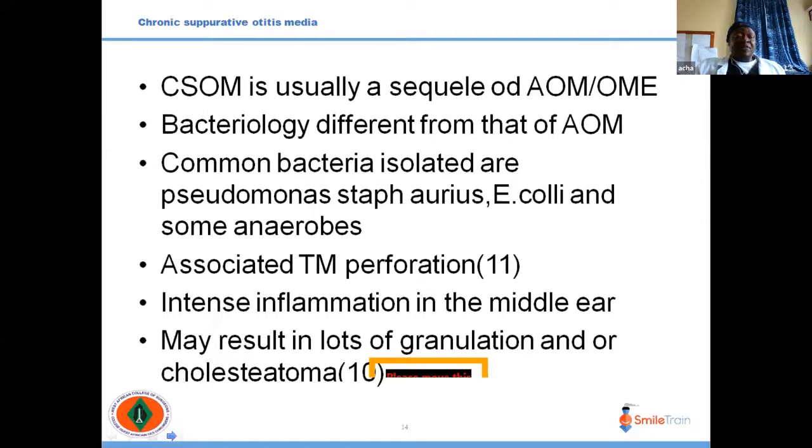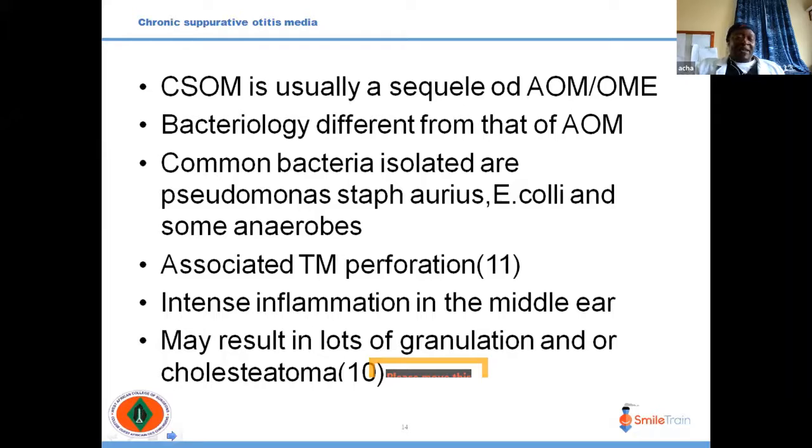If this chronic suppurative otitis media is not appropriately managed, it can go on to give you cholesteatoma. For the layman, cholesteatoma is not really a tumor, as the name alludes. It is essentially skin in the wrong place, skin in the middle ear. You see whorls or shells of skin in the middle ear, which is cholesteatoma. Cholesteatoma has the possibility to destroy bone, and it can lead to meningitis or a brain abscess if not properly managed. When you look in the middle ear, there's lots of granulation tissue, and you may have cholesteatoma.